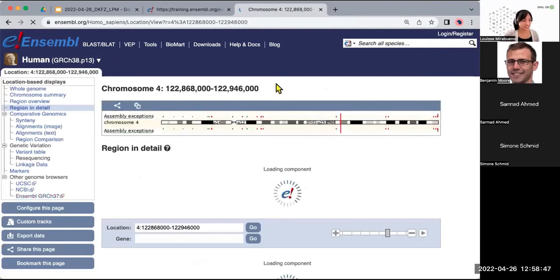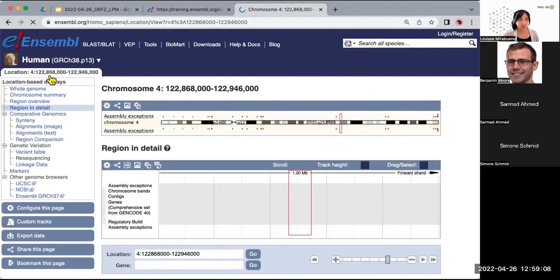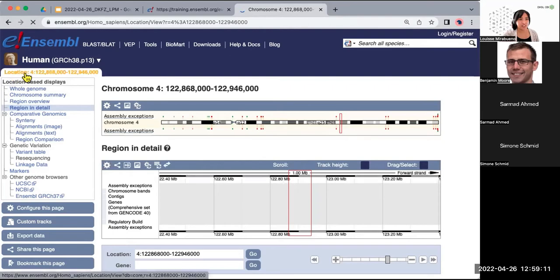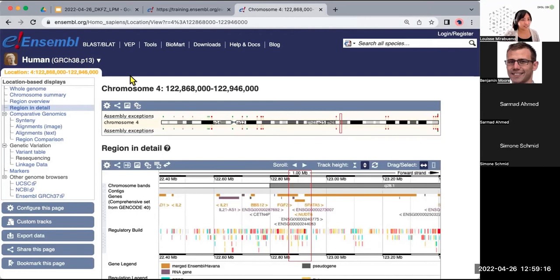Sorry, I thought it was going to send us to the results page, which would give us multiple options. But because we search for a specific coordinate, it's actually going to open the location tab straight away because we know which location we're looking at in the region. So here we are in the location tab, which you know you're at when you look underneath the navigation bar here on the left. And in this tab, we've got different displays that we can choose from. So on the left-hand side here,